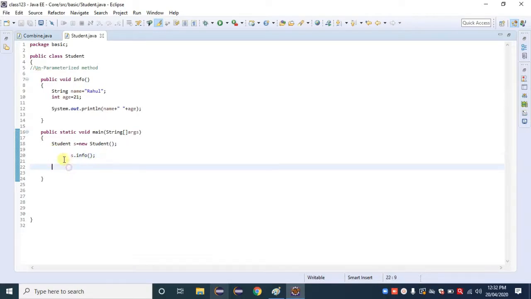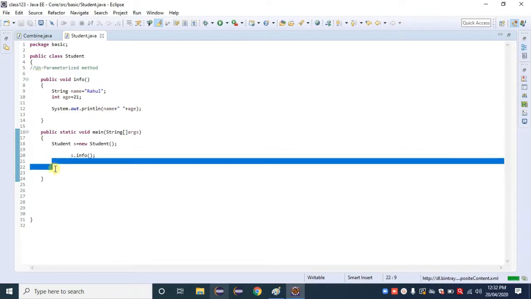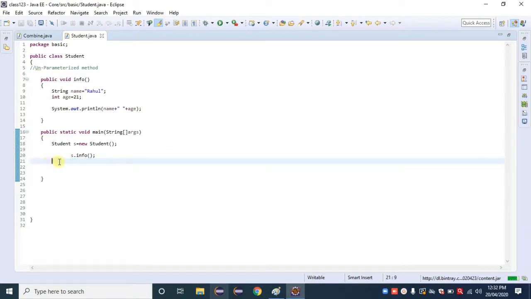Okay, what is the execution priority? Java first comes here, observes that we created an object, then Java goes to the next line, where we called a method having the name info. Then Java directly goes inside that info method, and Java executes this method block step by step. Okay, first line, then second line, then the next line, and then lastly Java comes back inside the main method. If anything else is available here, then Java executes that, or the execution is finished here.